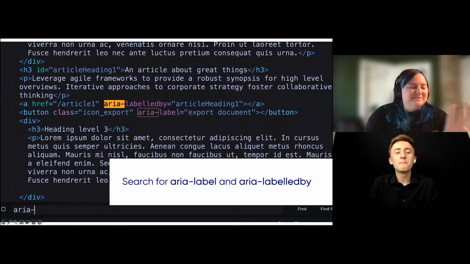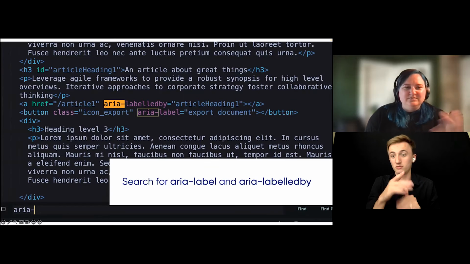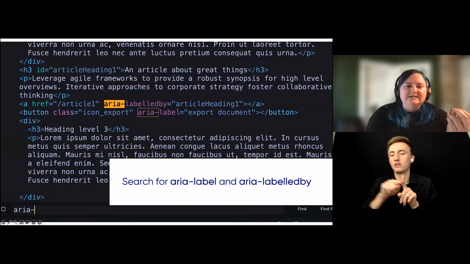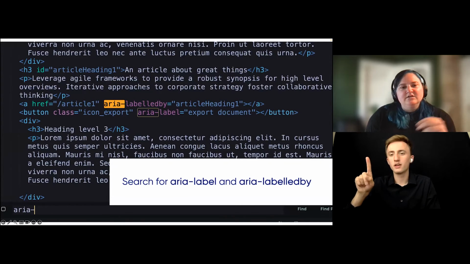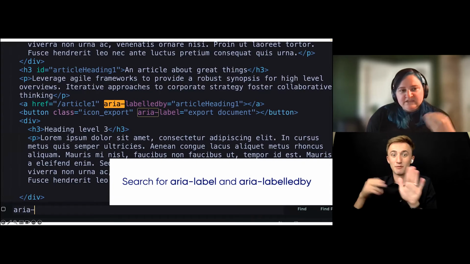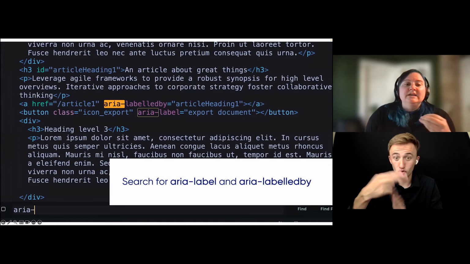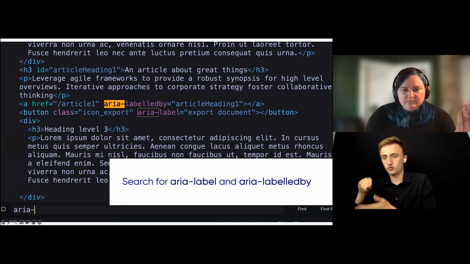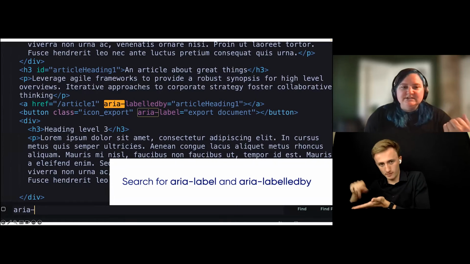The code example here on the page is an article that is highlighted in this larger HTML document. We have a link that goes to article 1, and it has ARIA dash labeled by that is set to article heading 1, all one word. That is a reference to an ID that is on a heading that is further up in the document. That ID matches, it is valid.